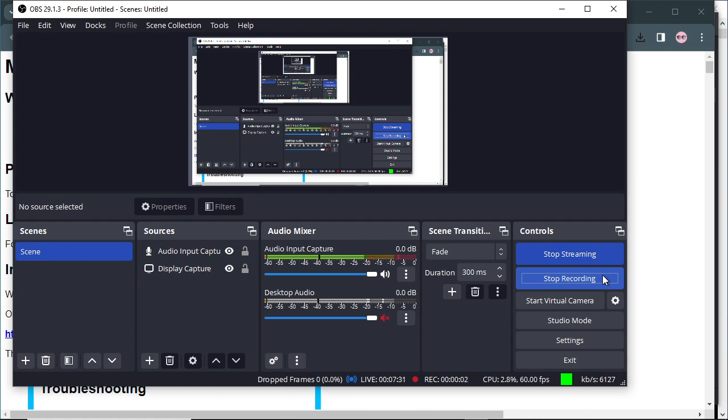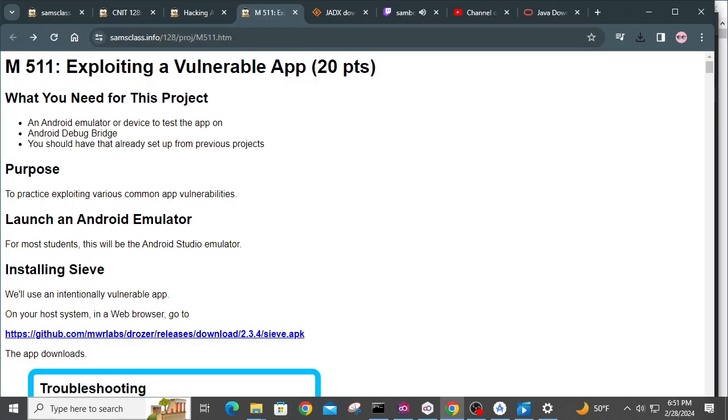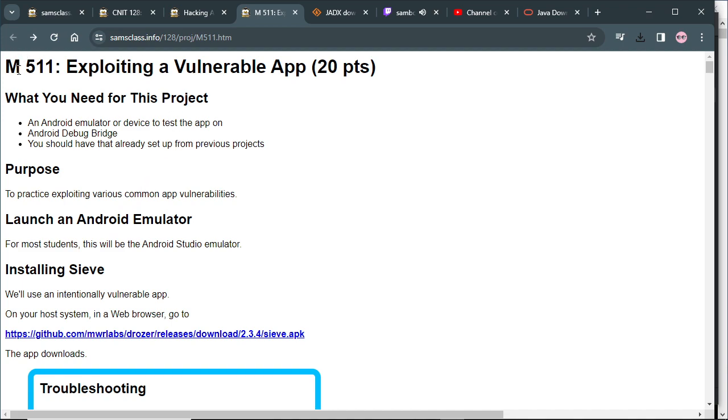So I don't have a webcam here, but you can at least get voice and screen capture on this machine. This is a Windows 10 machine, I think, and we're trying to do this project M511 to exploit this vulnerable app called Civ. Now, before I start this, let's talk about why I was unable to do it last